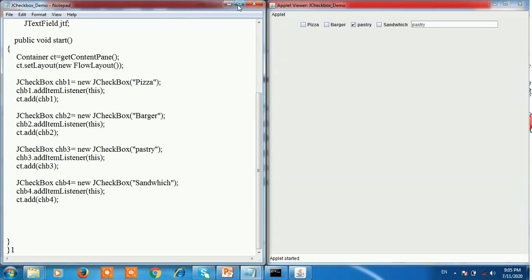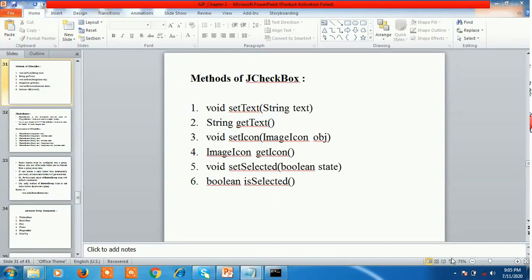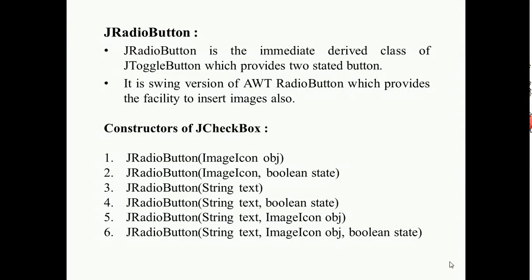Now see the next. The next is JRadioButton. The JRadioButton is an intermediate derived class of the JToggleButton, which provides a two-state button. It is a Swing version of the AWT radio button, which provides the facility to insert images into the radio button.